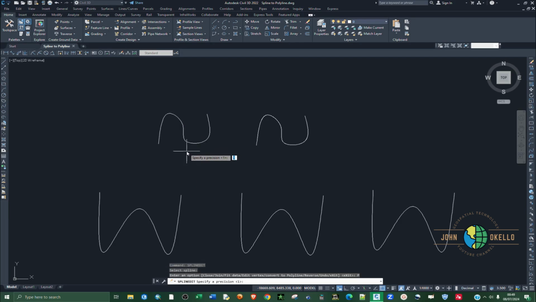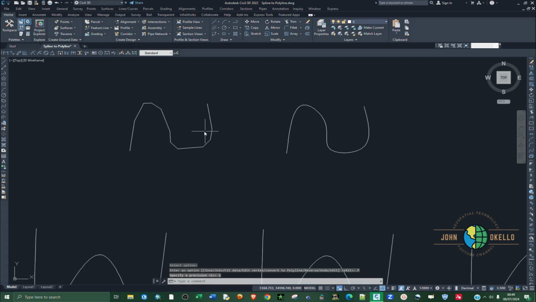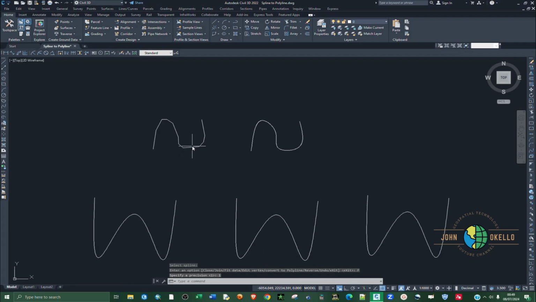Now you need to specify the precision. You can specify a number from 1 to 99, and you need to know that the larger the number, the smoother your polyline drawing output. So if we type in 1, you can see how it appears. Now let's repeat the same process with a higher number. So let's type